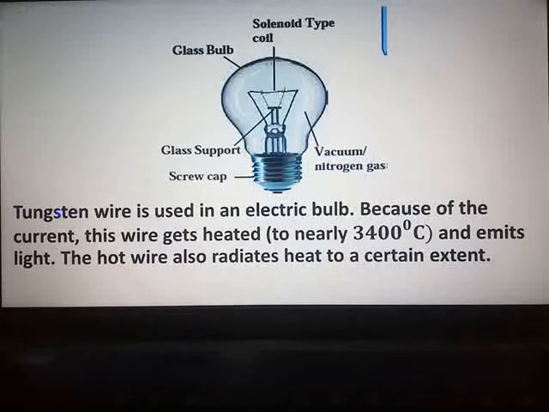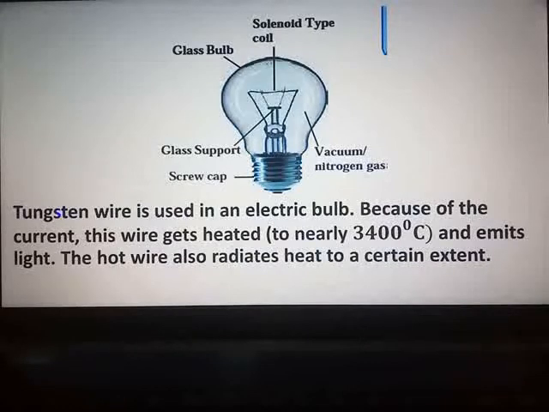Now an electric bulb consists of a filament. This filament has to become hot and emit light. When you just switch on the electric bulb, in the initial stage the light will be very dim, which becomes brighter and brighter when a large amount of current flows through it after a due course of time. Why? Because on passage of electric current, the filament becomes more and more hot and emits light.